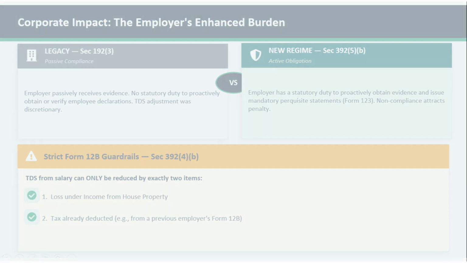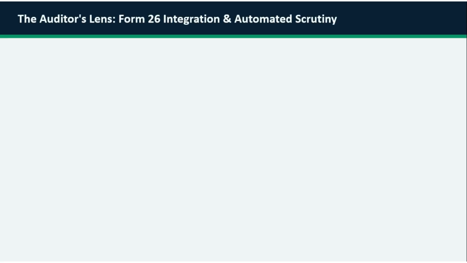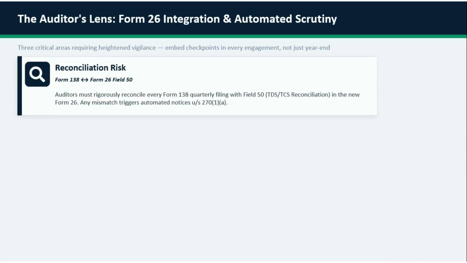The new Form 138 ecosystem expands the role of auditors through integration with Form 26 and automated scrutiny. Salary data in Form 138 will be directly linked with corporate tax audit reporting in Form 26, creating a tighter reconciliation environment and higher reconciliation risk. Auditors will be required to closely match Form 138 filings with TDS and TCS disclosures under the revised Form 26